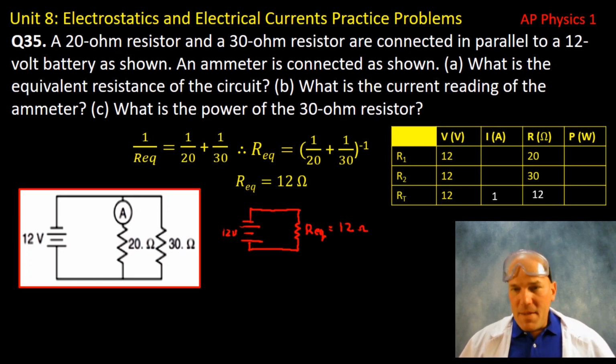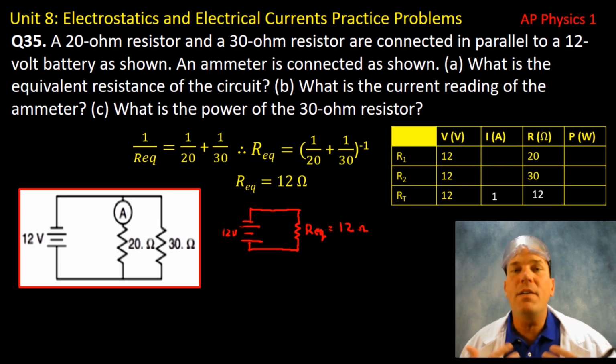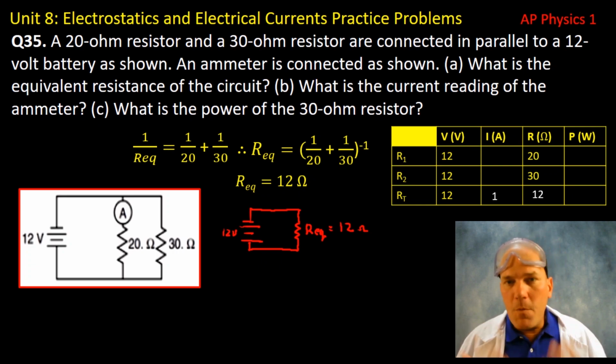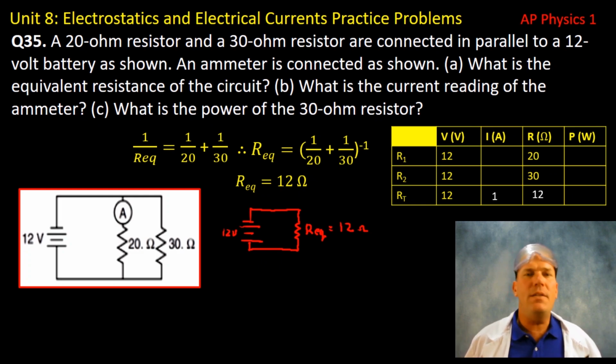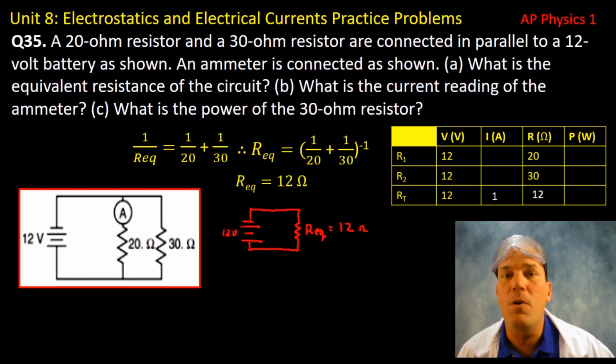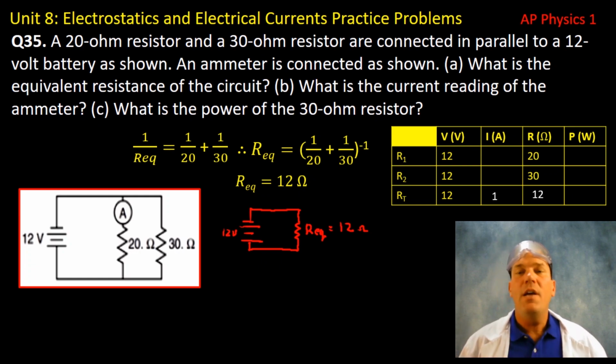Note 12 ohms is less than 20 and less than 30. So that means that you're doing things correctly, because the equivalent resistance for resistors in parallel is going to be less than any value of an individual resistor when hooked up in parallel. If needed, you can redraw the diagram to show the two resistors being replaced with one equivalent resistor of 12 ohms. So looking at the VERP table, you can now put 12 ohms as the total resistance,